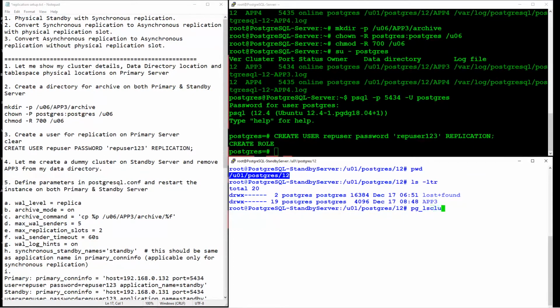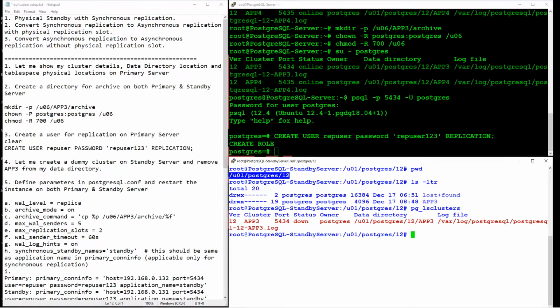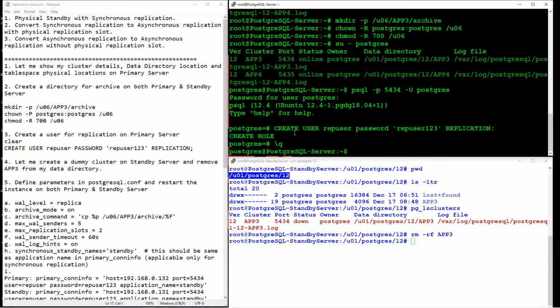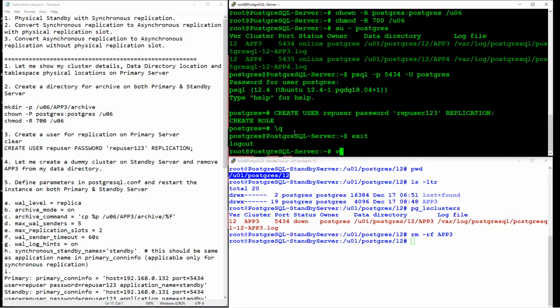Let me show the cluster status. Anyway, it is down, I need not worry. I will remove the app3 directory in my standby cluster. Now let us move on to step 5. Let me exit and go to my parameter file.